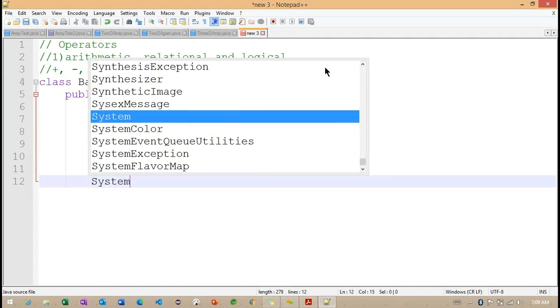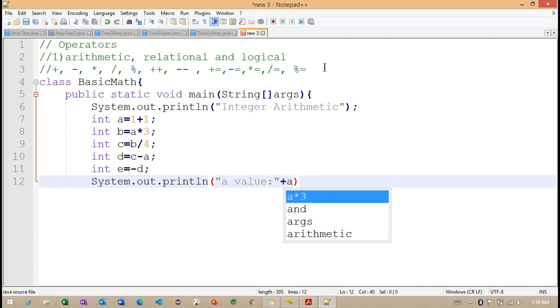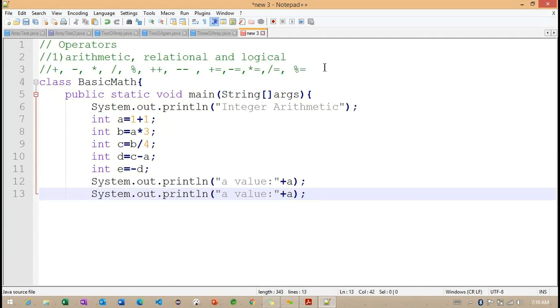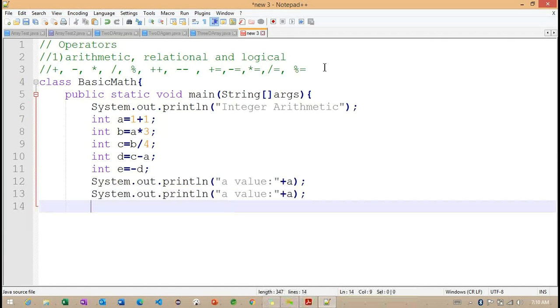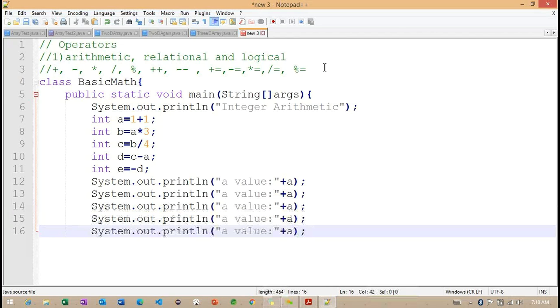If I'm going to print these values here, System.out.println, I want to print the a value, b value, c value, and d and e.